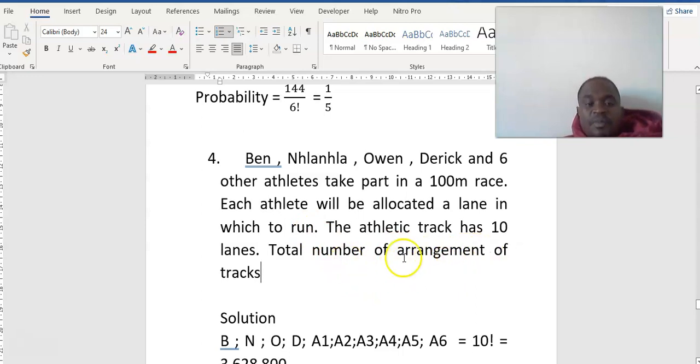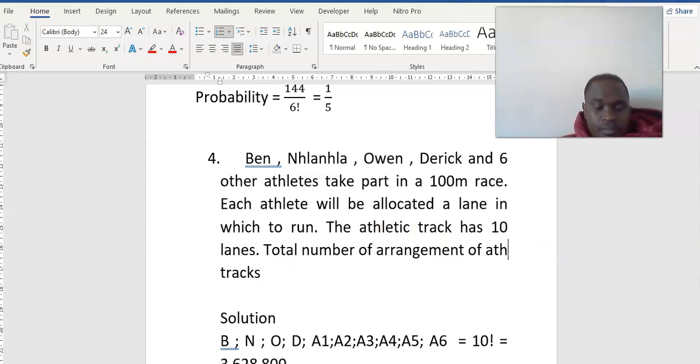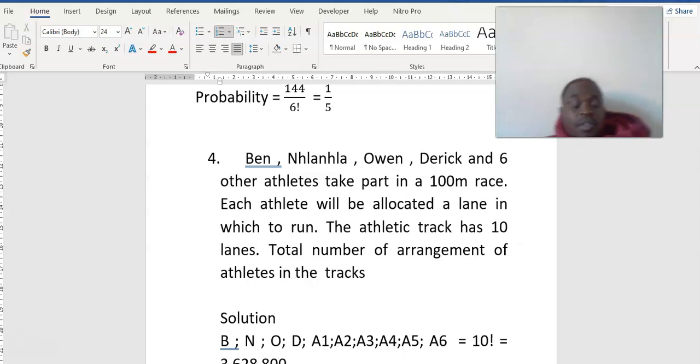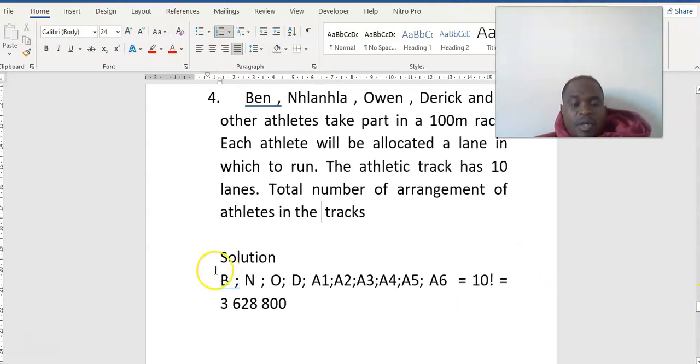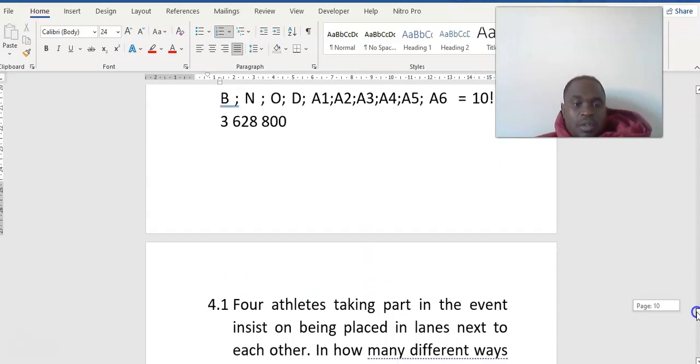The total number of arrangements of people, of athletes, in the track. So here you count 1, 2, 3, 4, 5, 6, 7, 8, 9, 10. So it's 10 factorial, because we have 10 spaces. The first 10 people, 9, 8, etc. Okay. Then